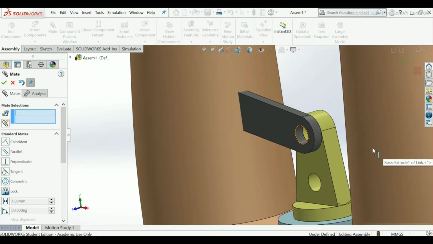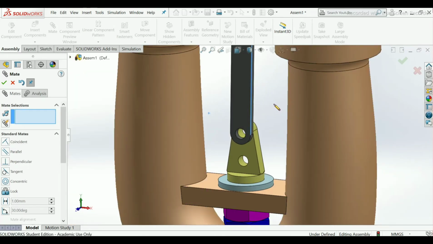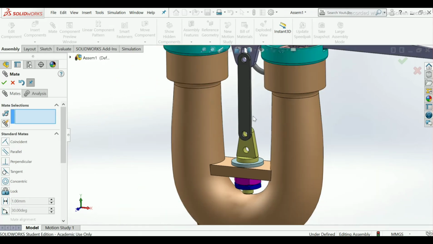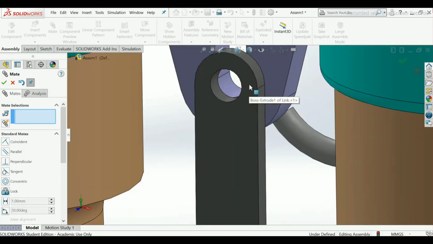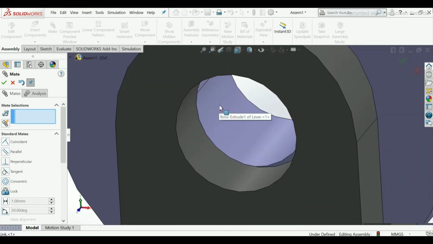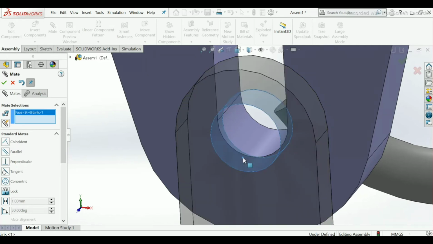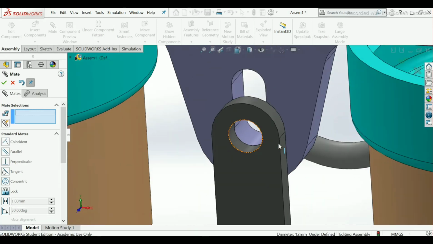Okay, lift this in upward direction by choosing any side or any edge. You can see here it is not in concentric relation, so add this, select this cut extrusion face and this, make it concentric. Okay,